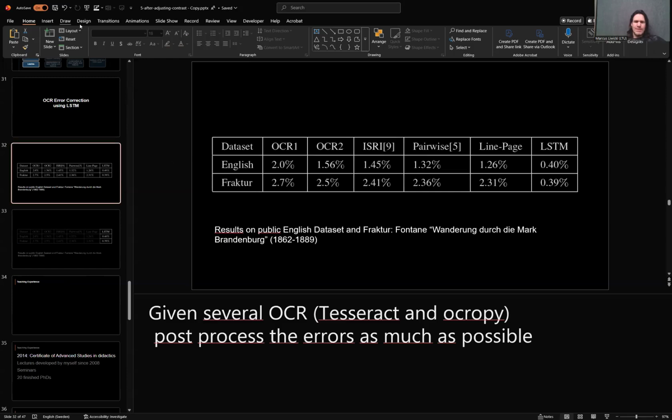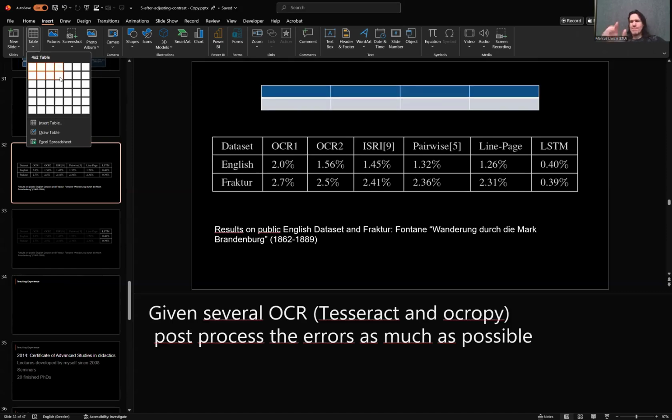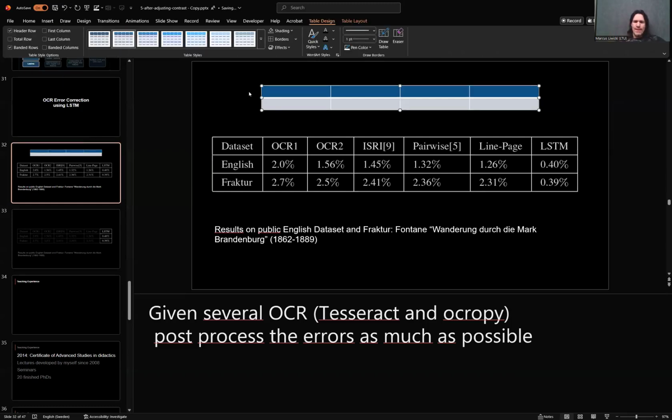However, if you have complicated tables and you want to have way more control over it, sometimes there is no other way than just to redo the table. So you click insert table, and having actually 7 columns in the table in PowerPoint is too much. Normally you would have a main message or maybe 2 per slide. So we have our left column and then maybe 2 reference systems and our system. So we just use 4, and